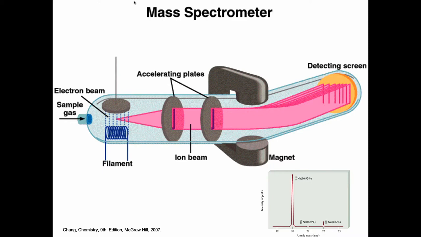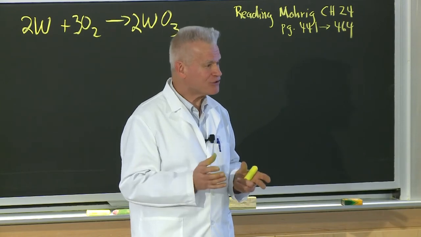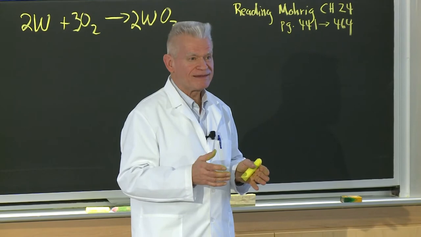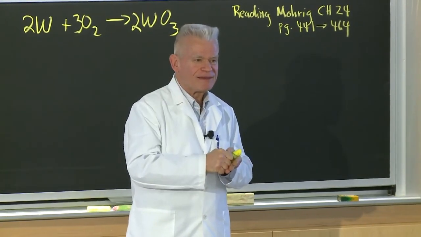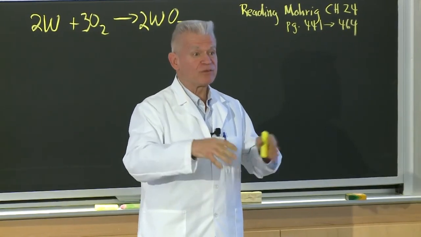So here's your ion source. You can see the filament here. And the filament is shooting out an electron beam at your sample. It's about 70 electron volts. That's like about 1,600 kcals of energy. And with 100 kcals, you can break a bond. So with all that energy slamming into your molecule, it not only ionizes the molecule, it starts to break apart